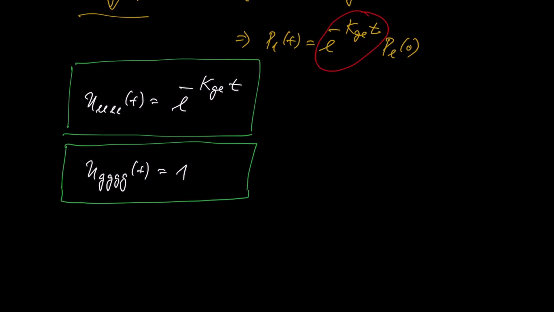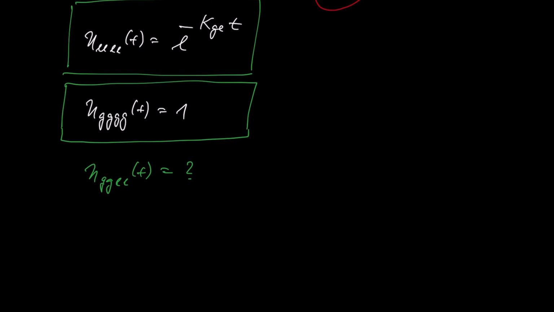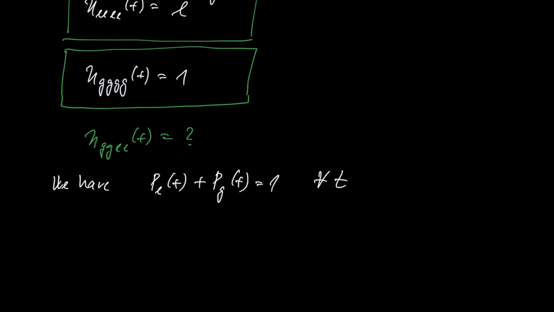Now we can actually find out relatively easily what is the U_GGEE(t). This will come with a question mark, but we can fix it relatively easily. Look at the following. We have a condition that P_E(t) plus P_G(t) are equal 1, and namely for all times. So at the beginning, but also at the very long times. Now we also know how P_E looks like. So we can write that this is e to the power of minus k_GE t P_E(0)